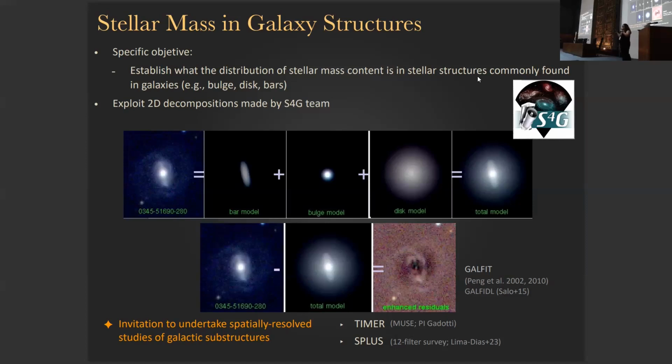I didn't actually say this, it was written, but I didn't say it. These are close by galaxies up to 40 megaparsecs, so we don't have wild AGNs there. So very likely it'll be a nuclear starburst. But from the perspective of this decomposition, it's just an unresolved point source in the center. So then you basically have the original image, a bar model, bulge, disk, the total model, and naturally, if you subtract it, then you retain in the residuals spiral arms and other structures that were not included.